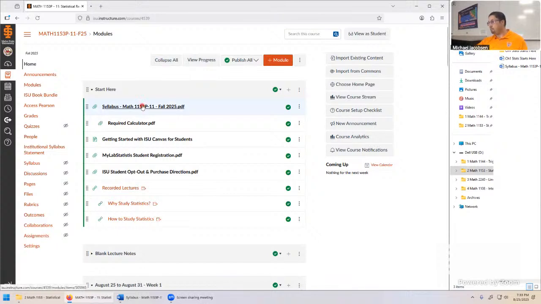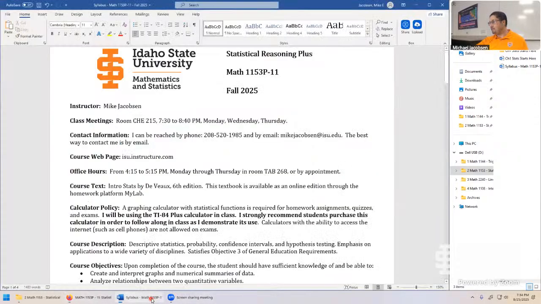Okay, so back to the syllabus, or to it in the first place. Let me open the Word file in case we need to edit it. A lot of this information you probably already know. You're, for example, in the right place and time, so you know this information here. We're mainly going to just skim through some of the major parts and add some comments to it. So if you ever have trouble getting onto the Canvas website, it's this right here, although I wonder how helpful this is because this syllabus is only on the Canvas website. So if you're having trouble getting to the Canvas website, see me after class and I can give some helpful advice or look up some materials.